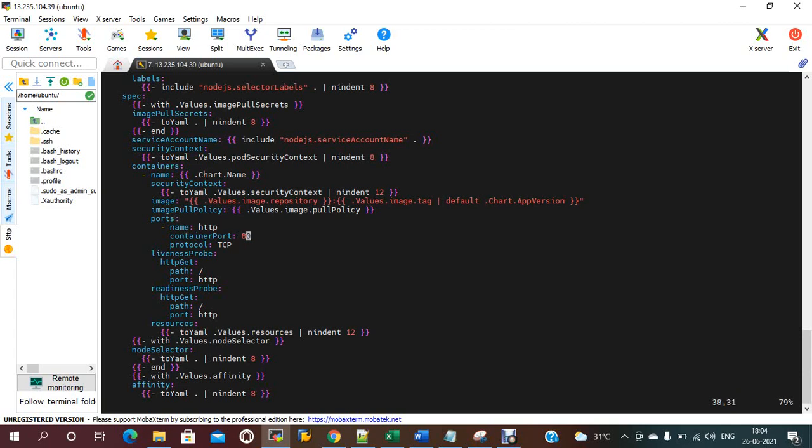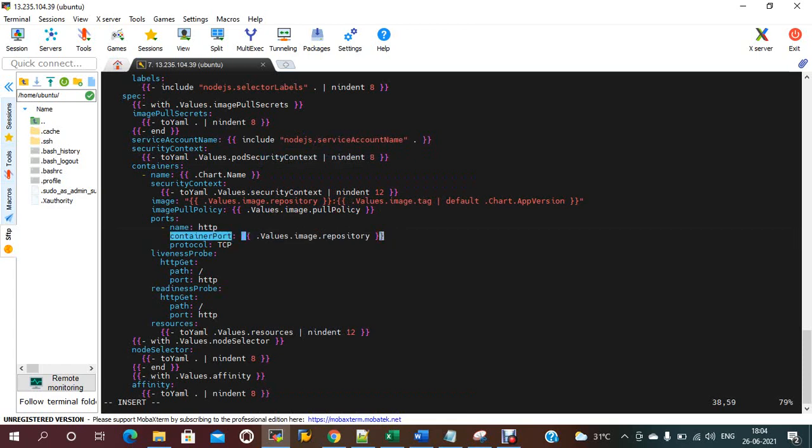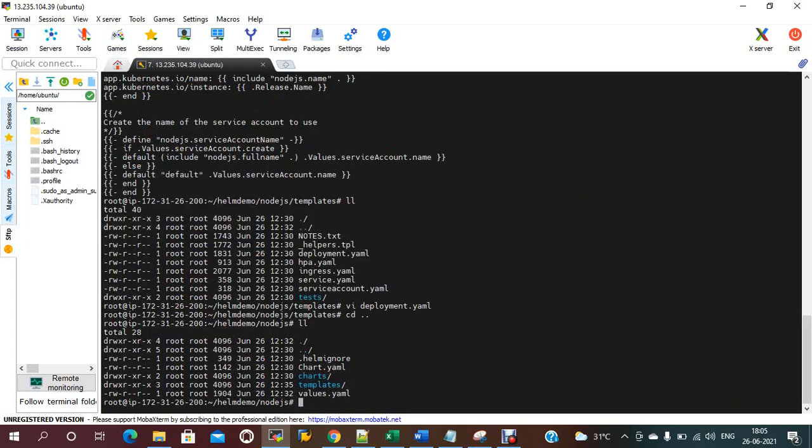I need to pick it from the values.yaml file. So I'm just removing this one. The value should be picked from the container port. Now I'm saving this one. And in the values.yaml file also I need to expose port 8080, right?